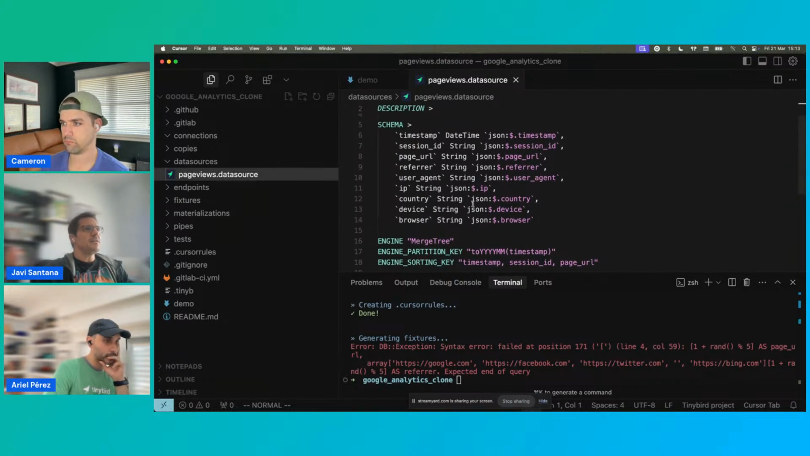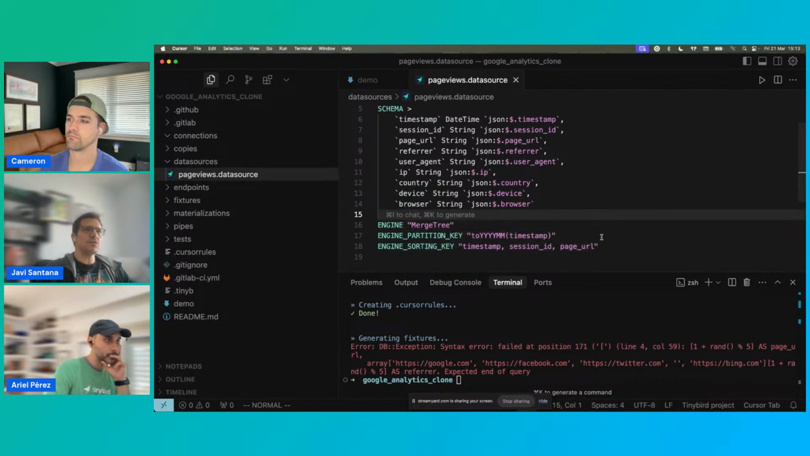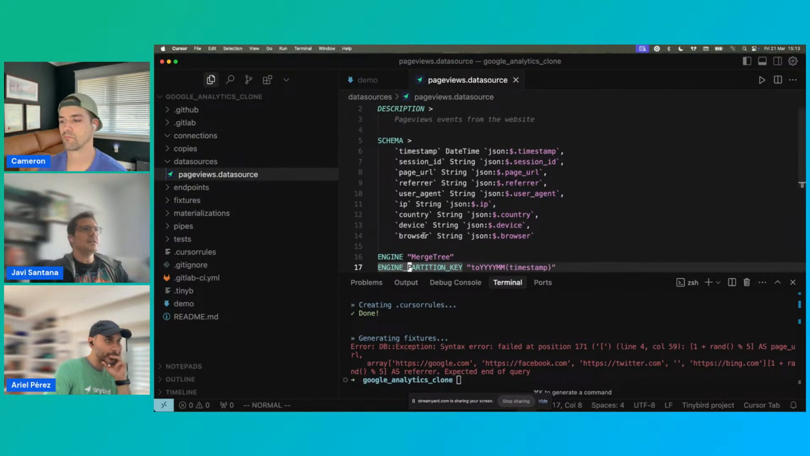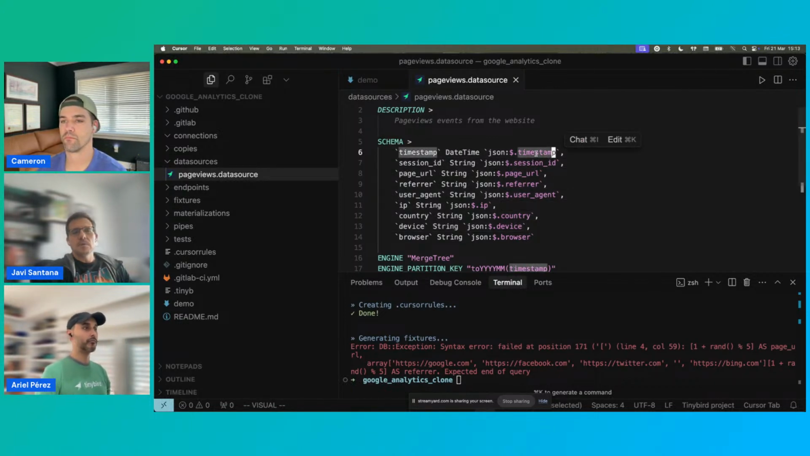After that, we set some configuration for the data source, the engine, the partition engine, and sorting key. Those things are not important now. This is a way to specify the index, let's say how you organize the data. The important part is here: you have the column name, the data type, and how to find it in the JSON that you are